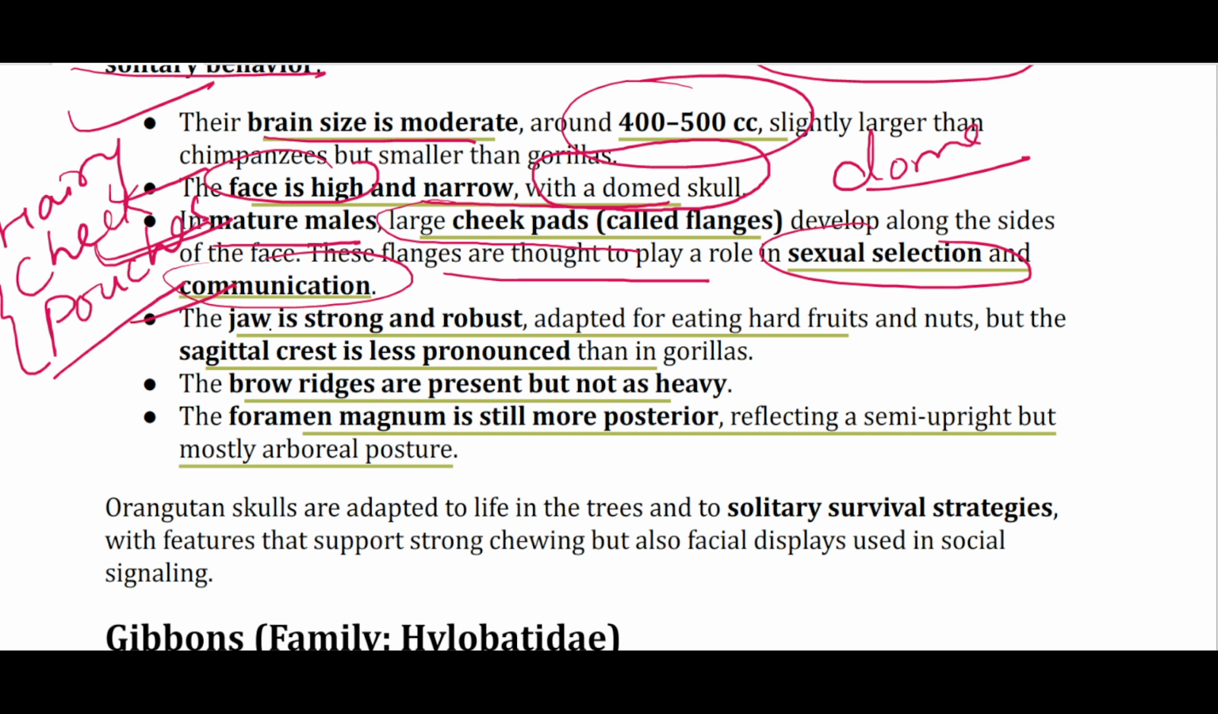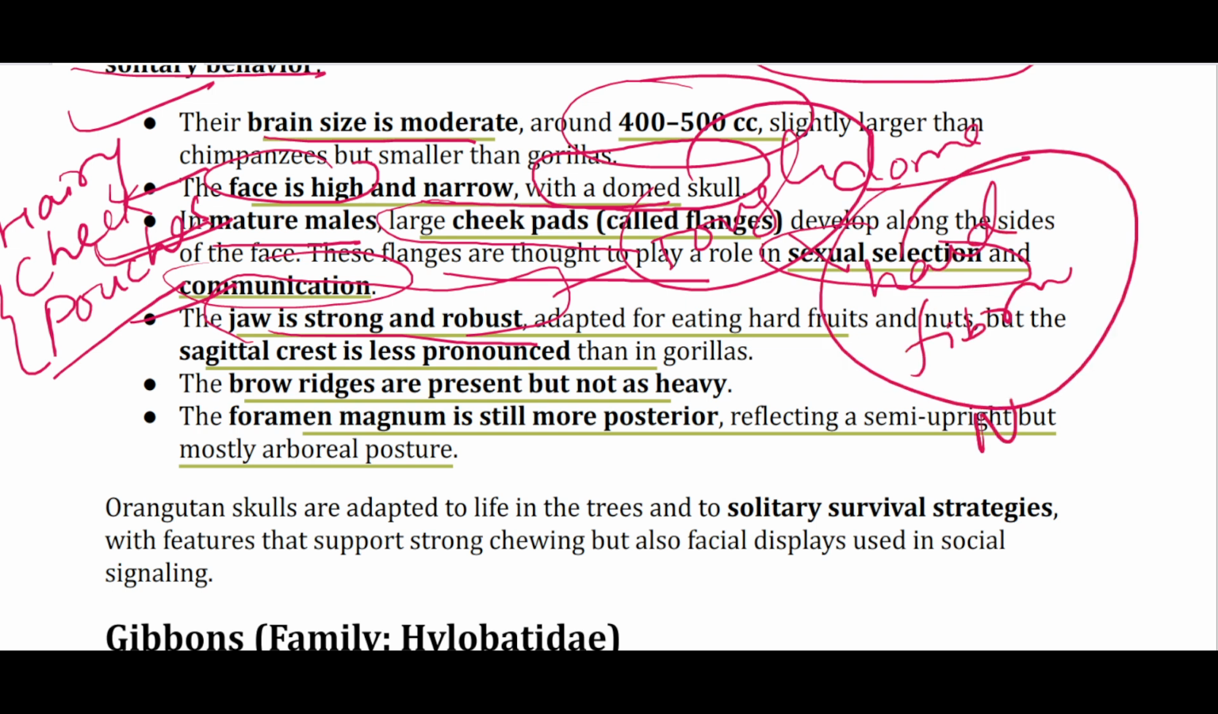Then their jaw is strong and robust. So strong and robust jaw. This signifies a tough diet. Tough diet is किसकी हो सकती है या तो if it is about hard fibrous material और या फिर nuts